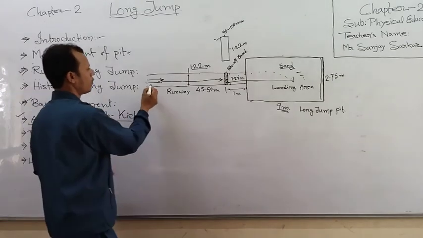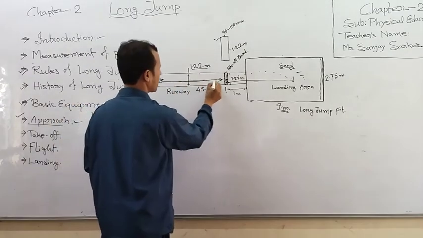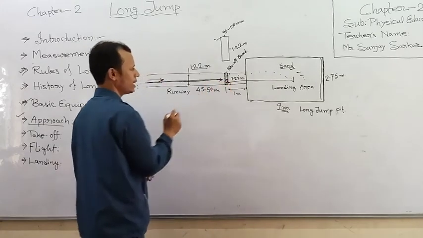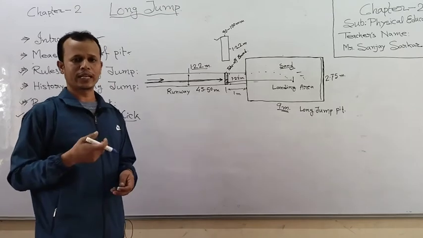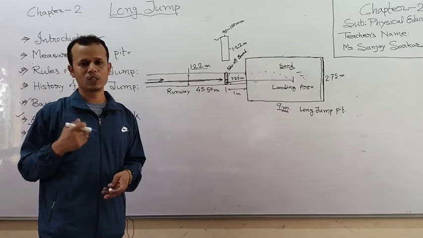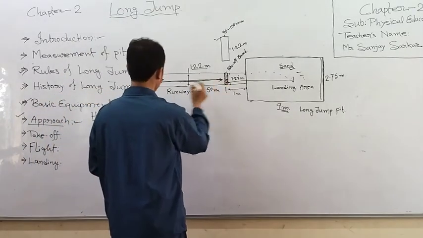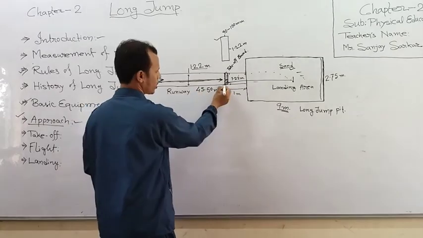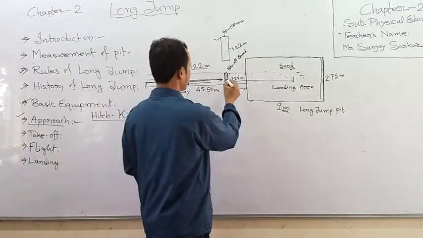So first is the approach. Approach means while we are conducting the long jump, at first we have to make a run. This running portion towards the takeoff board is called the approach. We have to give speed to our body. From the starting point to the takeoff board, this portion is called the approach. And after that,